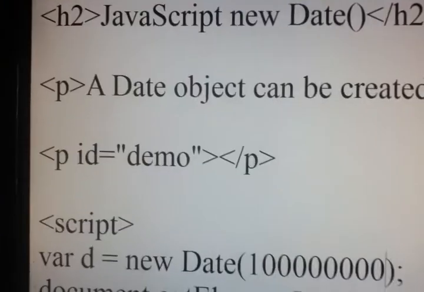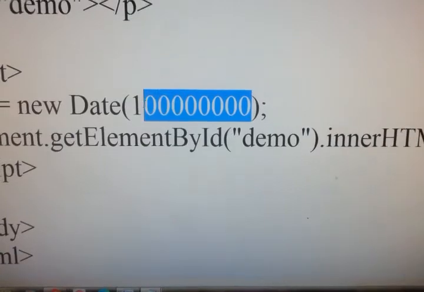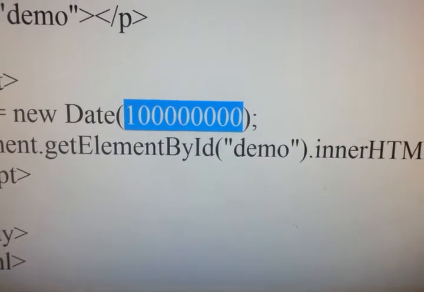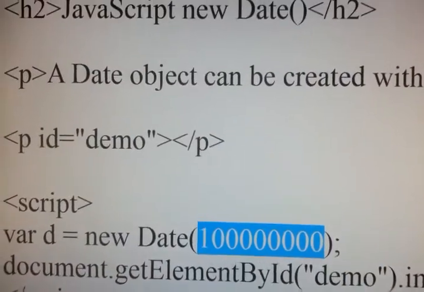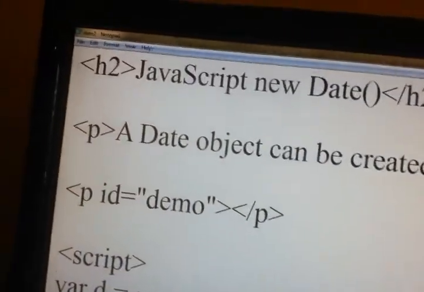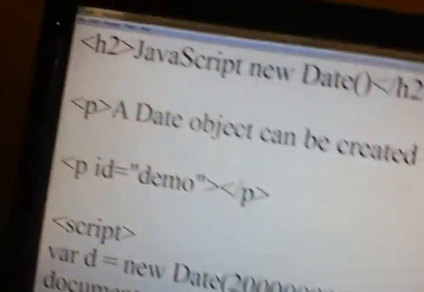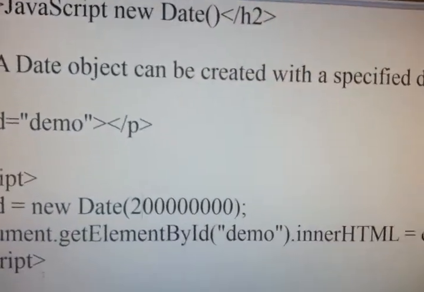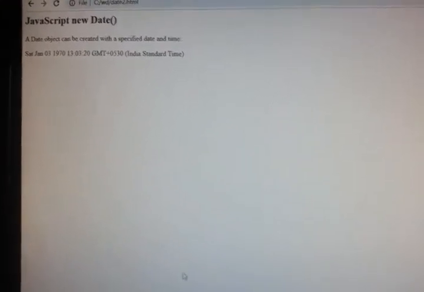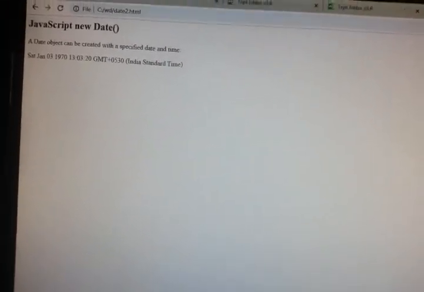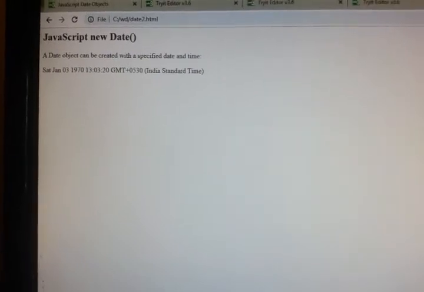So when I added this many zeros, these milliseconds made it 1 day. So if I change it to 2, what will I get? It is Jan 3, 1970.